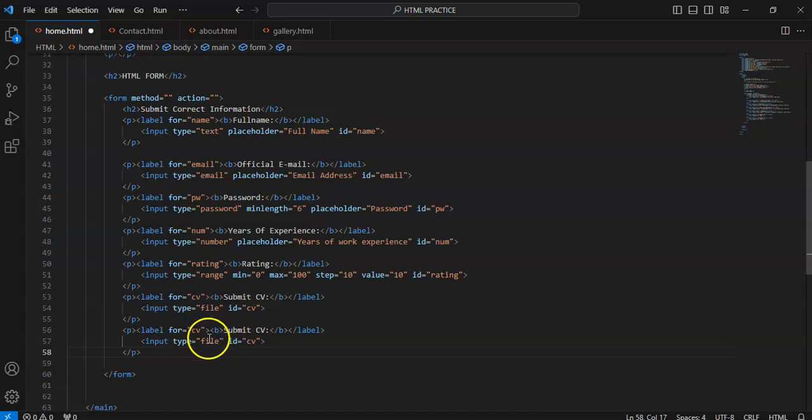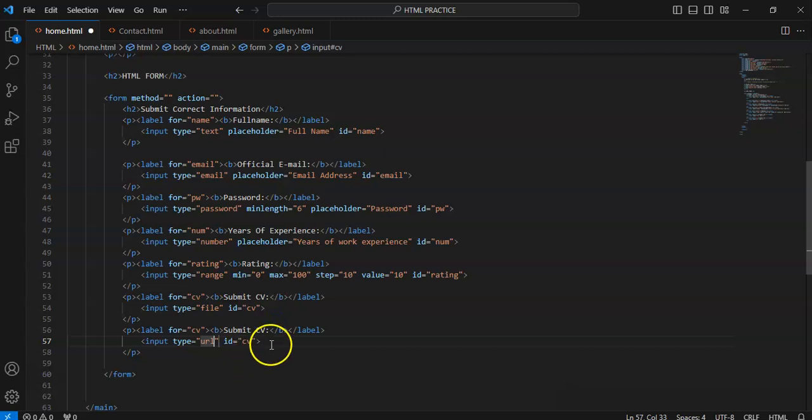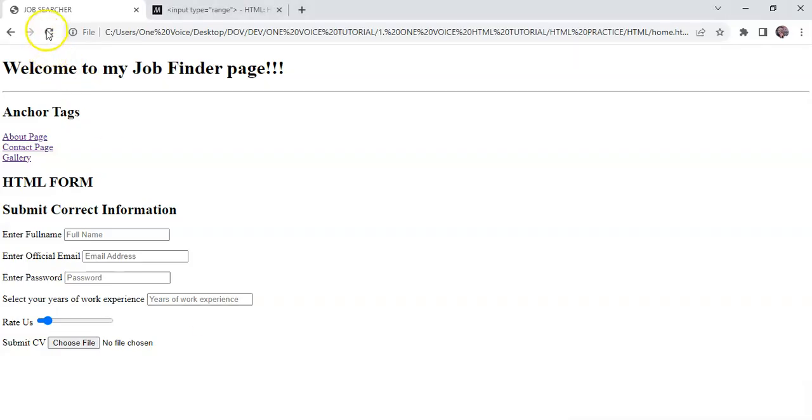All right, so let's look for what next. What input type have we not used? Let's try something else. Image? There's no need, we can always use our image now. Wow, okay, so this is an input type as well. It is URL, I'm sorry, not image. Let's save and see what it looks like. The type is set to URL. Now once I refresh,